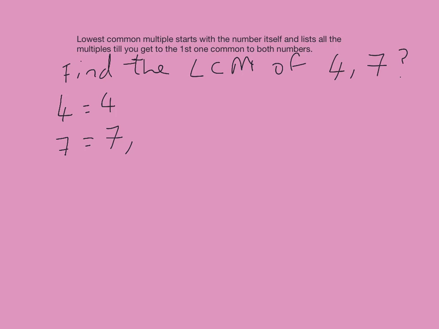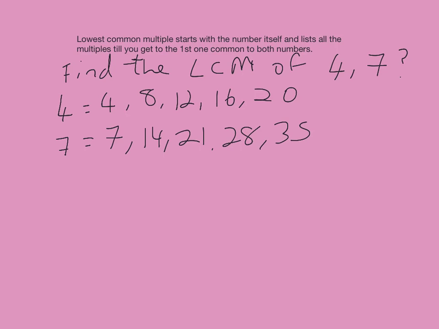Now I like to go up in each one at a time, and list a few numbers at a time. So let's start with the biggest one, because I think it gets there quicker. So go up in 7. So 7, 14, 21, 28, 35. Again, list 5 of them. Then do the same with 4 until we get a number that's common straight away to both of them. So 4, 8, 12, 16, 20,